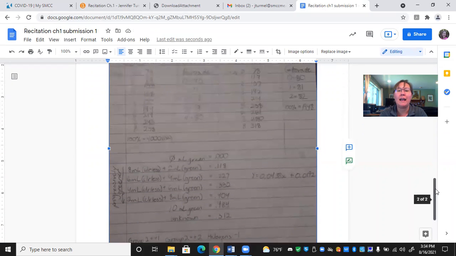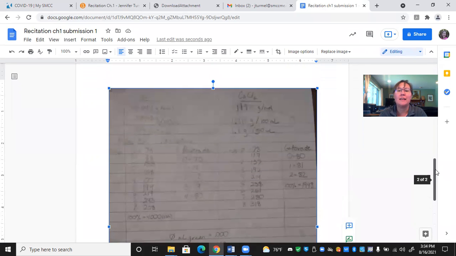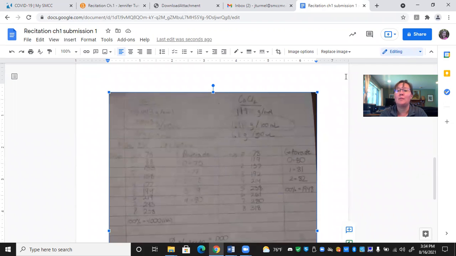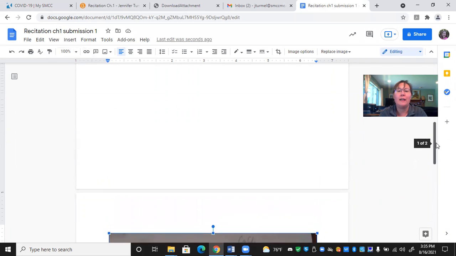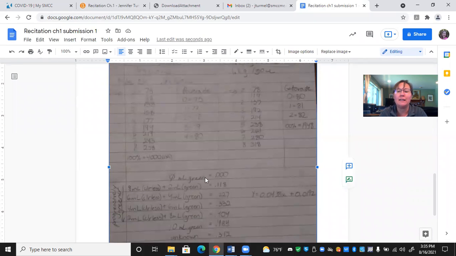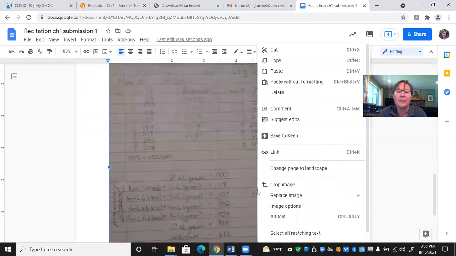Okay, let's say that this came and it was sideways, and what you need to do is rotate it. Okay, so now as you can see here, this image is up and down. The image needs to be straight up and down. Okay, if it comes to me and it's actually, let me see if I can get it to,